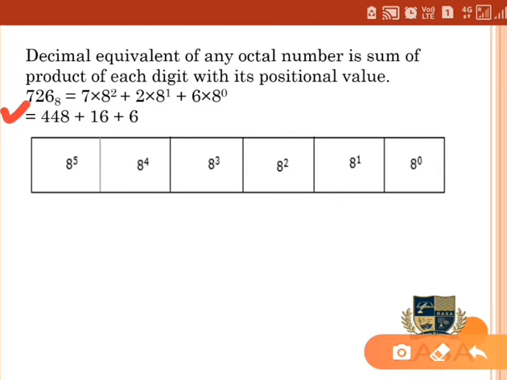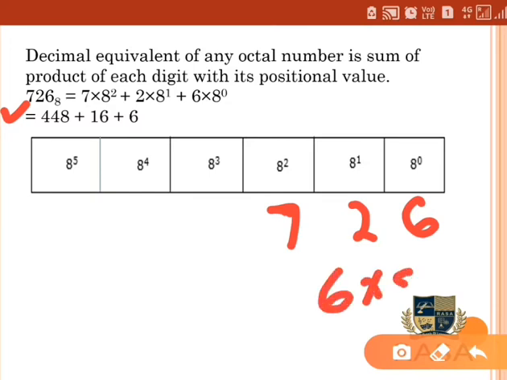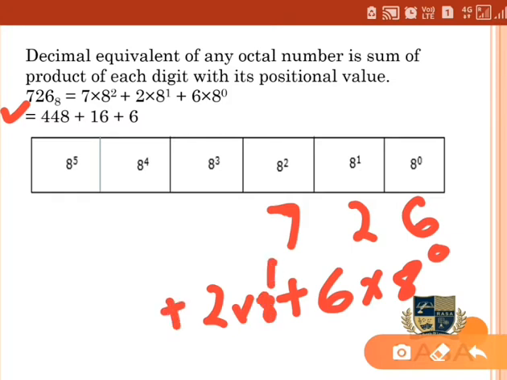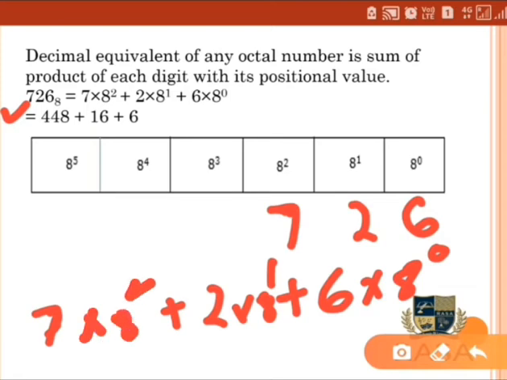So first we will put into the table like 6. So 6 is first place, then 2 and then 7. So now we are going to calculate 6 into 8 to the power 0, plus 2 into 8 to the power 1, plus 7 into 8 to the power 2, that is